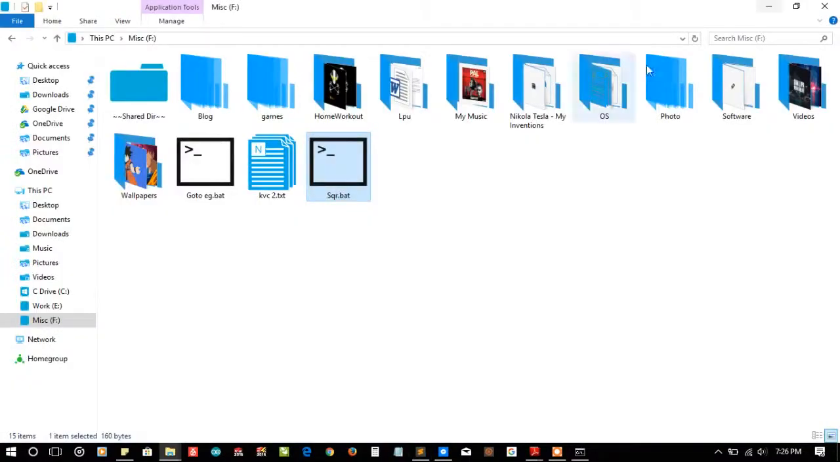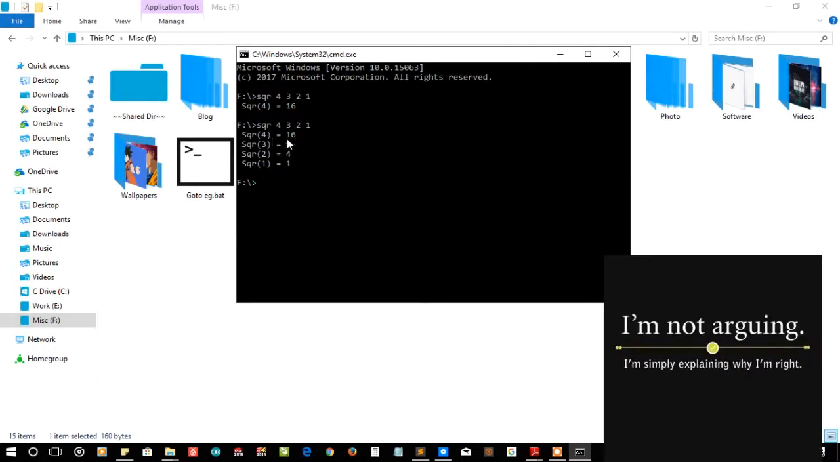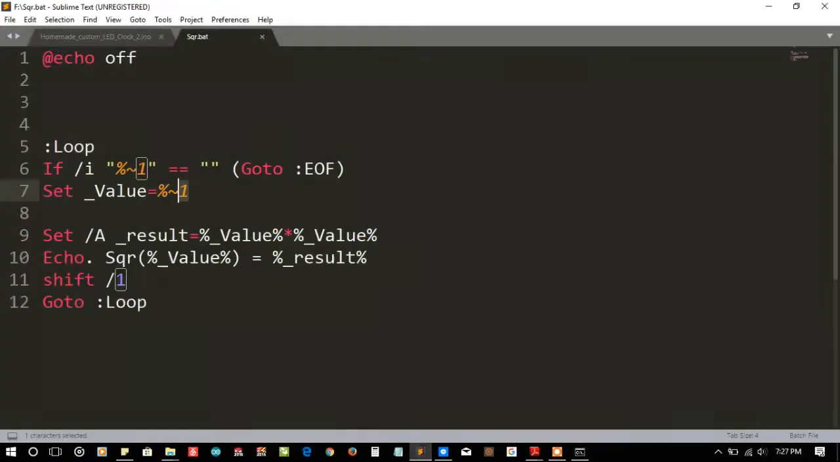But we can get the answer for all the parameters now. So let me again relaunch the last command and press enter. You will see that it is now taking all the parameters and calculating the result for all of them. So that is how you can pass thousands of parameters, and in your code you just have to write